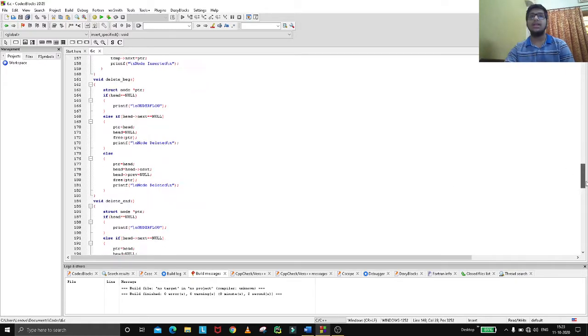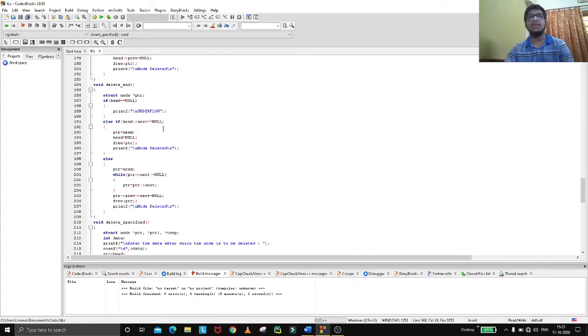Now delete at end is like, if head equal to null, we should show underflow. Same condition, just here we need to check a while condition where ptr of next is not equal to null. So basically, because we are deleting the last node, if we have 5 nodes, you need to check every node to find which is the last one.